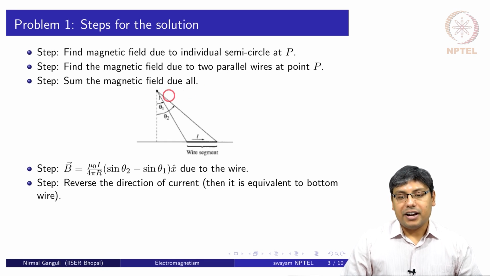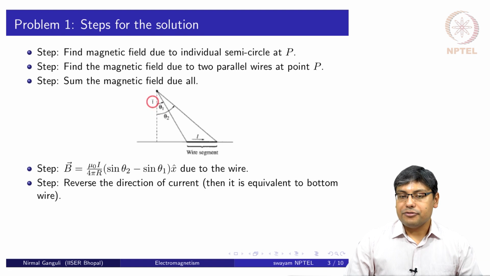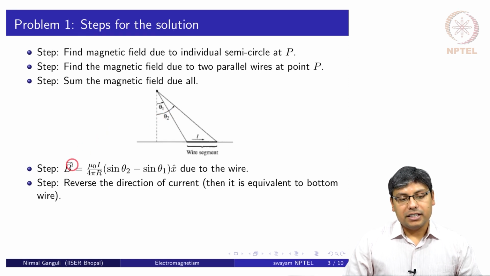So how do we find the magnetic field due to the straight wire segments? We have worked out in one of the lectures how we can find the magnetic field due to straight wire segments using this kind of a consideration. Here we have a wire segment and current I is flowing through this. We have expressed our result in terms of theta 1, this angle, and theta 2, this angle here, and the result was magnetic field is mu naught I over 4 pi capital R (sin theta 2 minus sin theta 1), and it would be along the x cap direction.